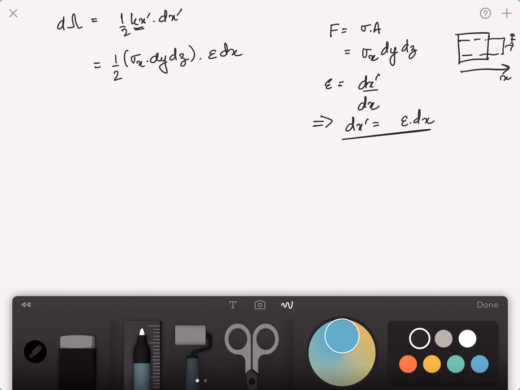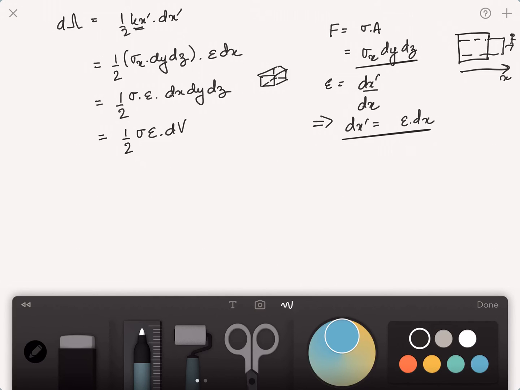So if I bring everything in a certain order, I will get half sigma epsilon dx dy dz, and dx dy dz is nothing but a cube formulation of a volume of length dx dy dz in the 3 directions. So I can write this as half sigma epsilon dV. So having the strain energy which is defined for the differential volume, now we can actually integrate it over the entire volume to derive the total strain energy in the system,